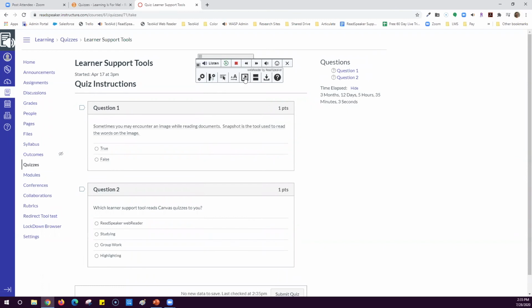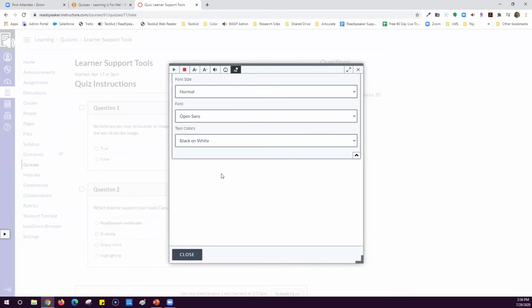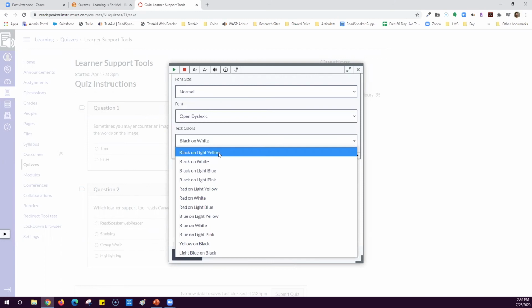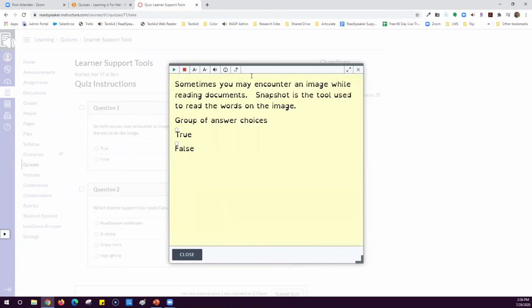All right, now let's look at text mode. I'm going to highlight this question and put it in text mode. Now notice in text mode, there's my question. Well, I'm having a lot of difficulty reading it, so I'm going to put it in Open Dyslexic because I'm dyslexic, and I want a light yellow background, and I need to pump it up in size some. So now there it is. I can click listen and it will play. I'm just going to do a few words.